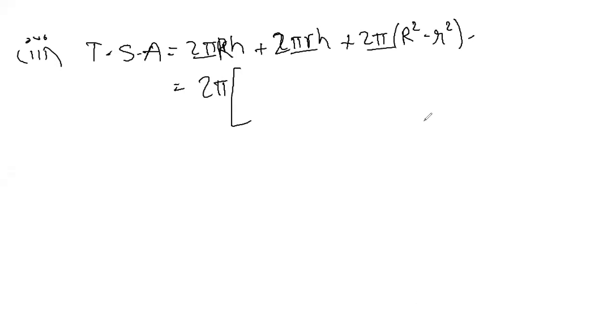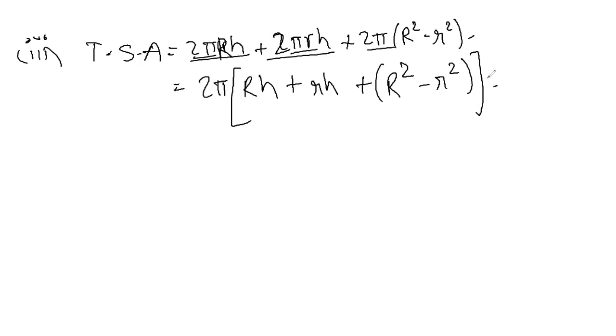So as I was saying previously, this is the curved surface area of the outer radius and this is the curved surface area of the inner radius. So they are not same at all. So we have taken common, we have outsmarted maths, and then we'll take RH plus small rh, small radius, that means the inner radius, plus in bracket R square, bigger radius, minus smaller r square, smaller radius, and then we'll substitute the values now.